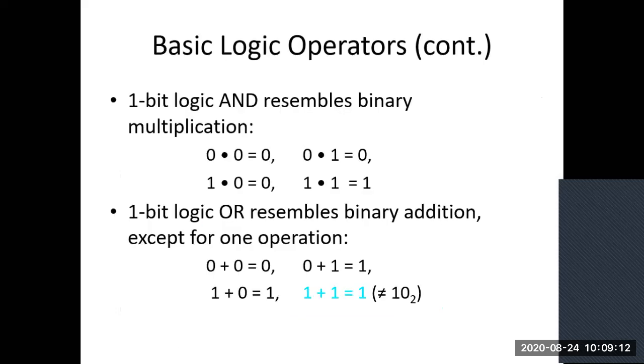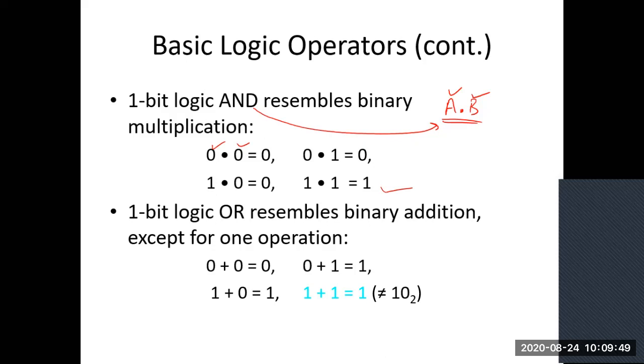Okay, so basically you are doing A dot B whenever you are doing the AND operation. If your inputs are A and B, say I am taking both A and B as 0 and 0. From the truth table you have already seen, you will get 0 dot 0 equal to 0, and similarly 0 dot 1 equal to 0, 1 dot 0 equal to 0, and in the last case 1 dot 1 equal to 1.